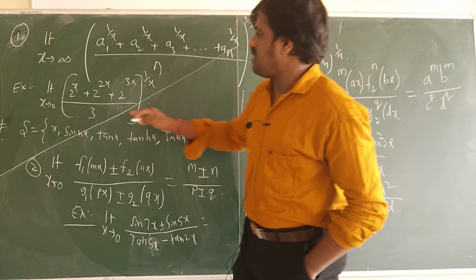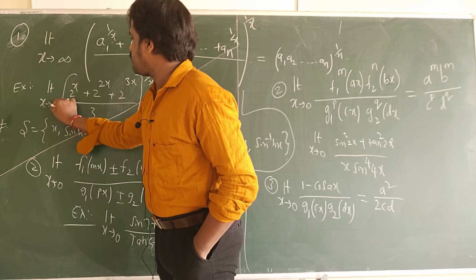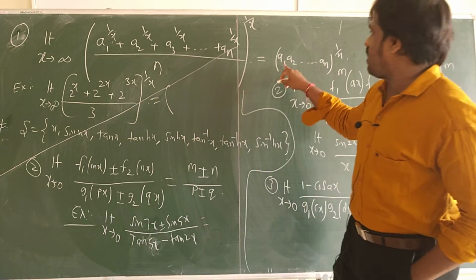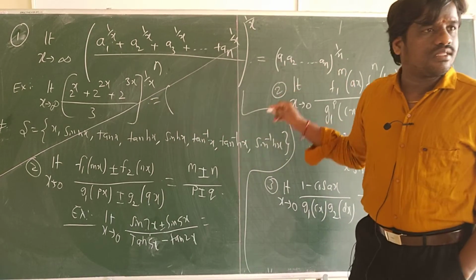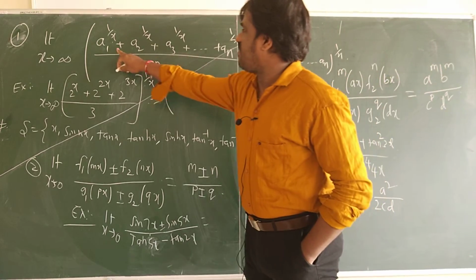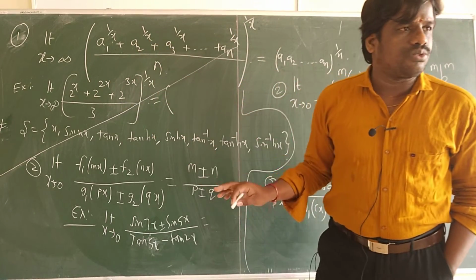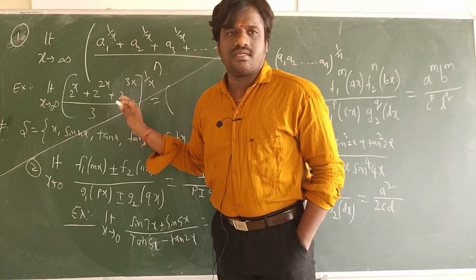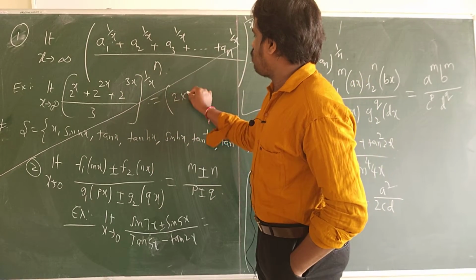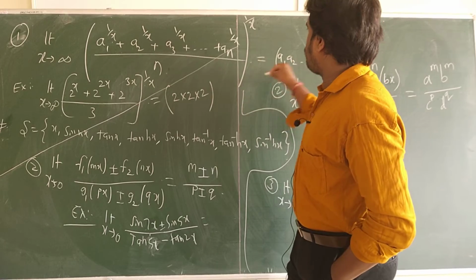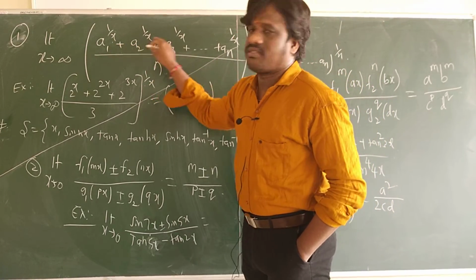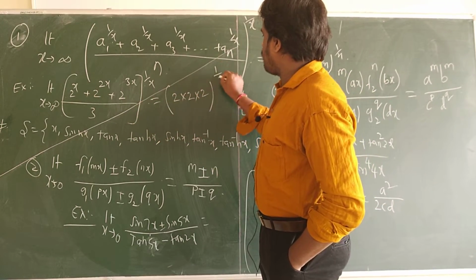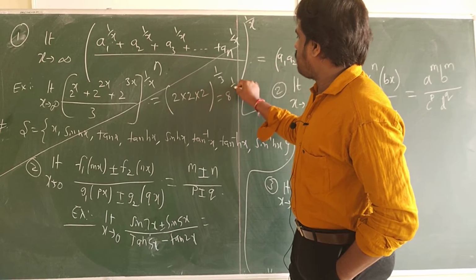So what will be the answer for this? Limit extends to infinity, infinity times. So we can write this answer as 2 into 2 into 2 into 2, like that. Here a1 is 2, a2 also 2, a3 also 2. They may be different also; I just gave this example. So the answer will be 2 into 2 into 2 to the power of 1 by n. N means the number of terms. How many terms are there here? 1, 2, 3. So 1 by 3. It means 8 to the power of 1 by 3 is the answer.